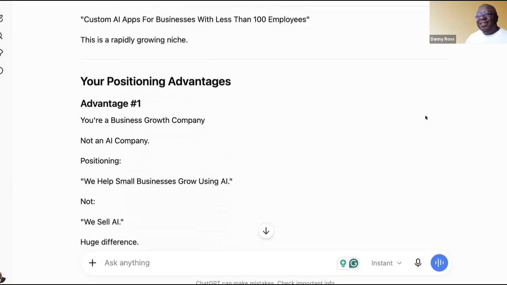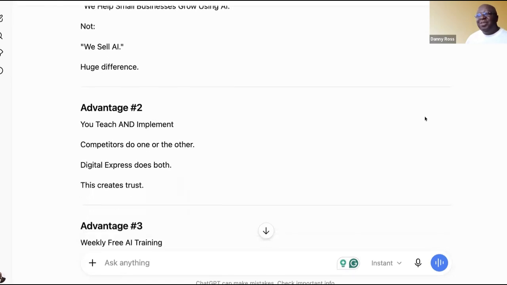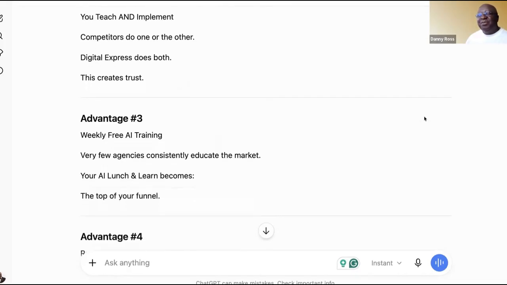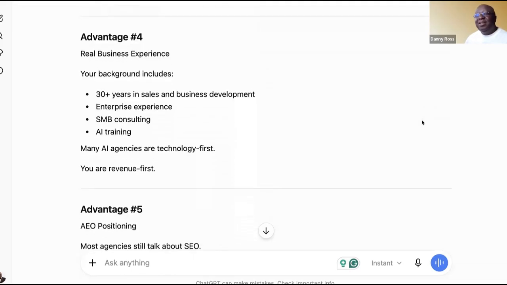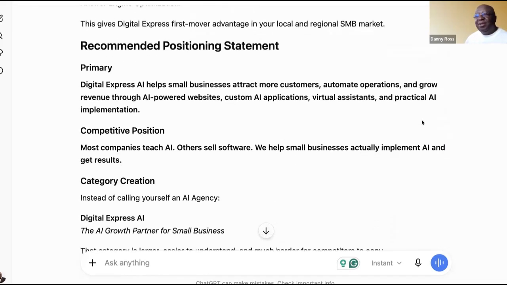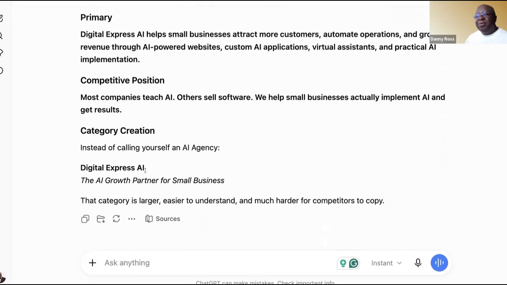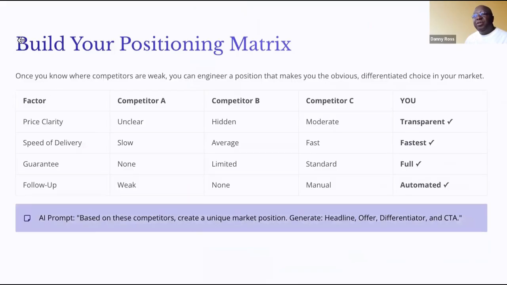So here's all the advantages of our business. So business growth company, not an AI company. We help small businesses grow using AI. These are just examples, of course, specific to Digital Express, but it would give you the same sort of data about what you have. These are all really good, I think. Pretty simple, but pretty good. And then from there, you can see where it is. It laid out some of our competitive position, competitive advantage, and that's what we want to be able to convert. So what you want to do is then have the AI build you this sort of competitive